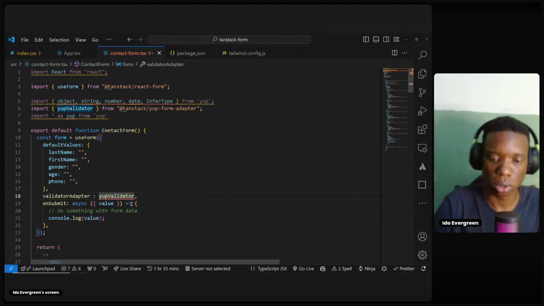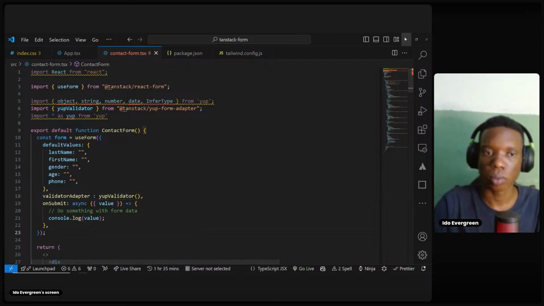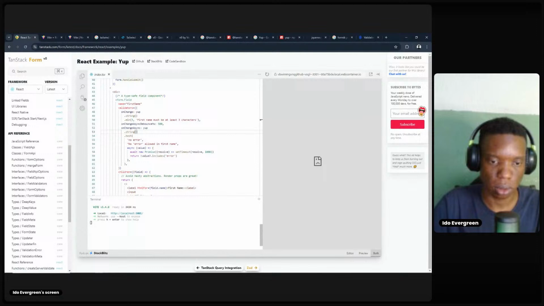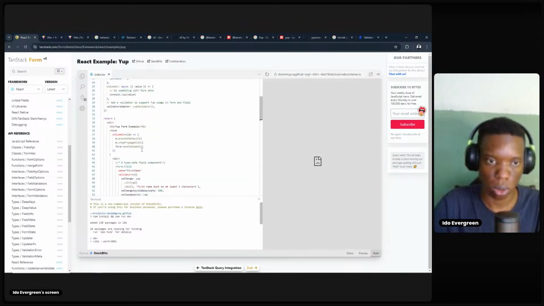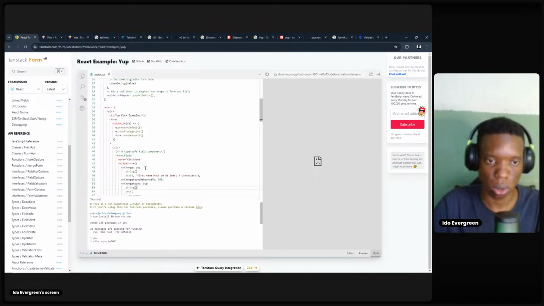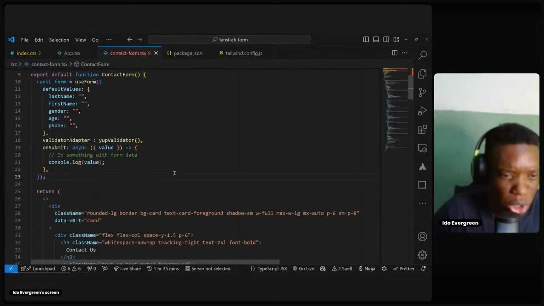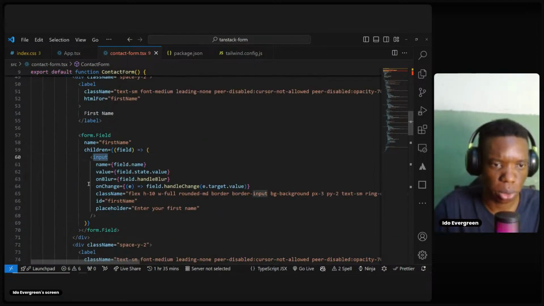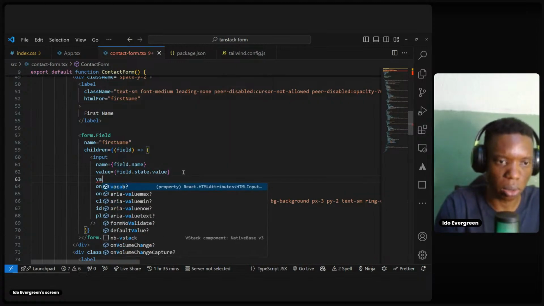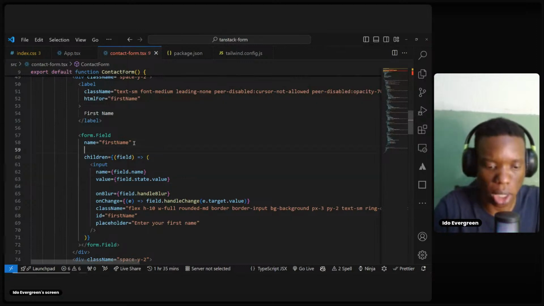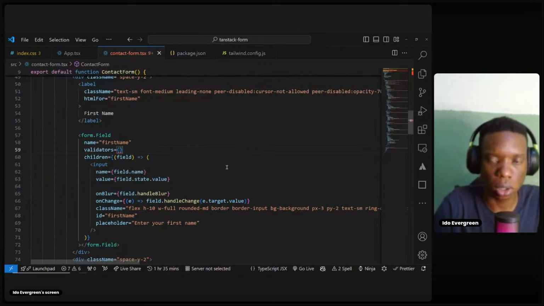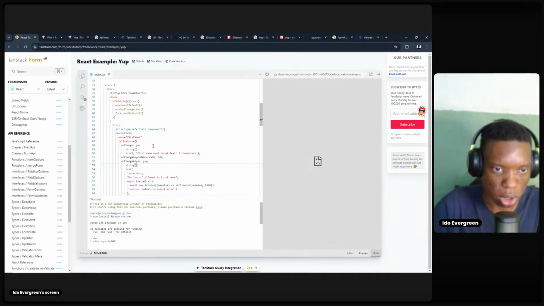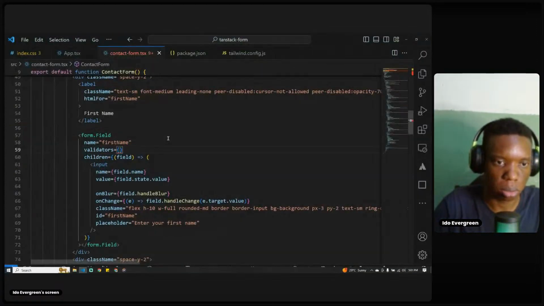This should be instantiated. I think correct. So we have this. Let's go to each of our fields. So input, I think we have access to validator right now. I don't think it should be in the children, it should be in the field directly. So we have validator. Mostly it's just gonna be